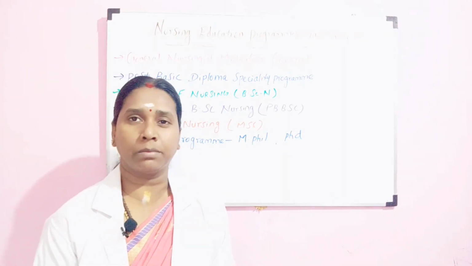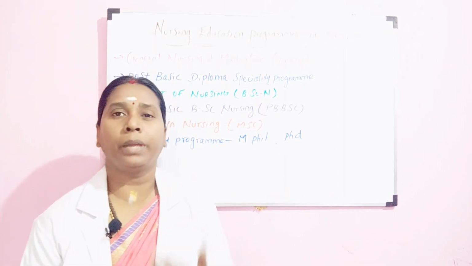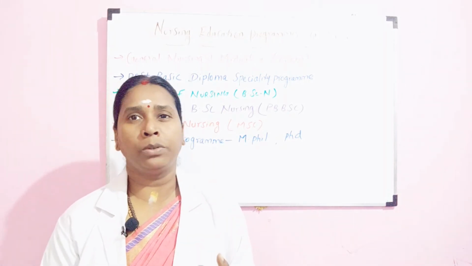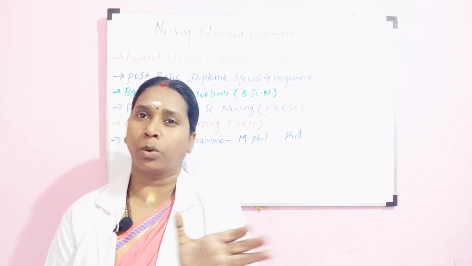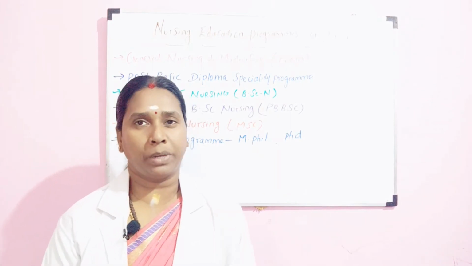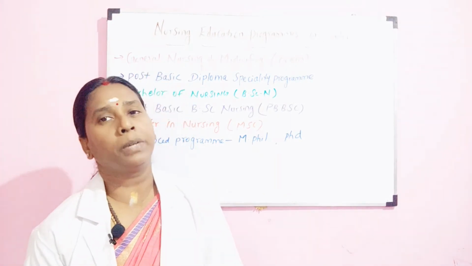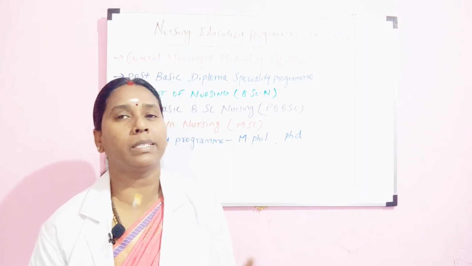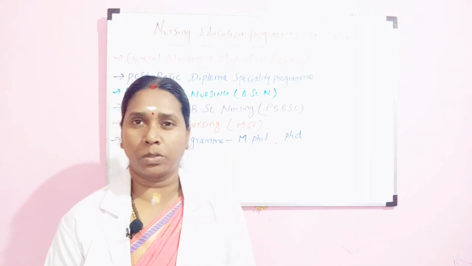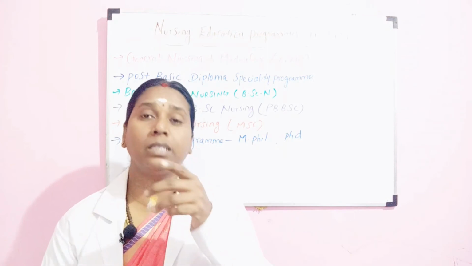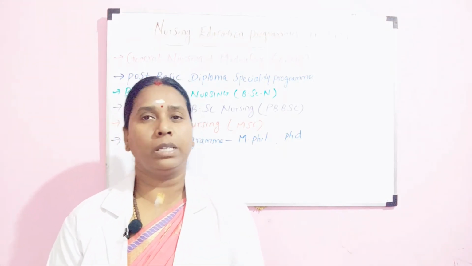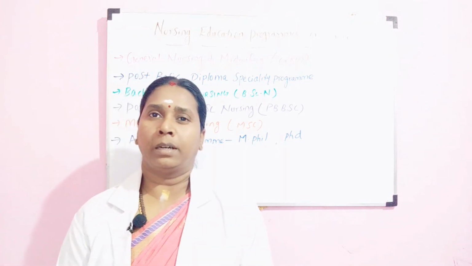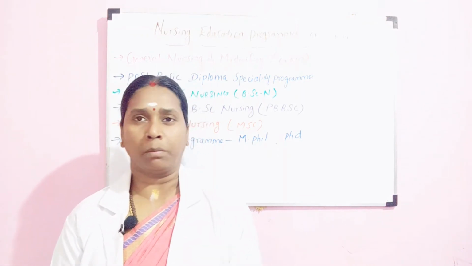And then comes the PhD program. So PhD program is your doctorate in nursing. Okay, so you can specify as doctor so and so once you finish your PhD nursing course. Again you can do PhD as a regular course or otherwise as a part-time course. Once you are qualified with MSc, you can do your PhD nursing. You can do it as a part-time course for 3 years and complete your PhD.